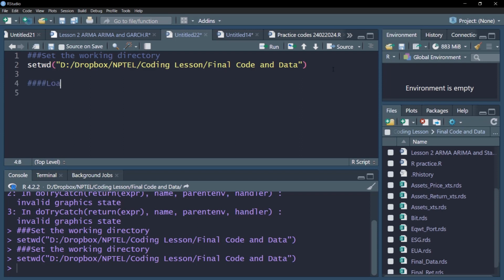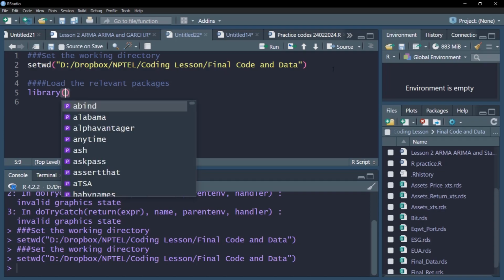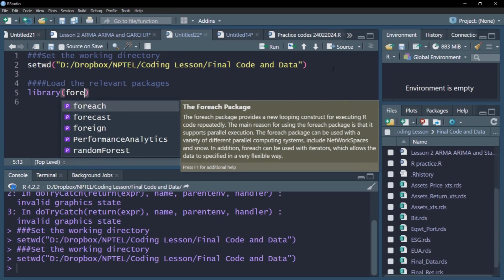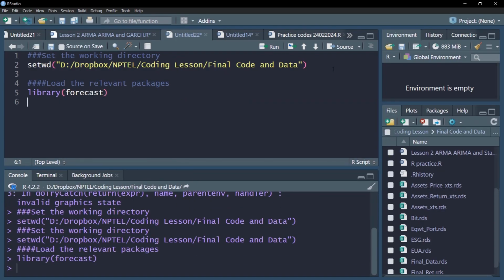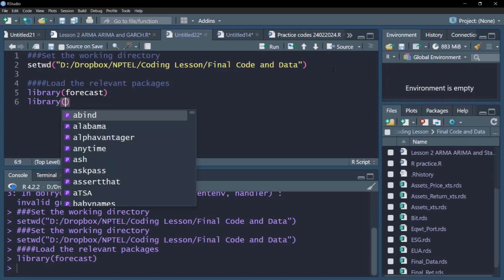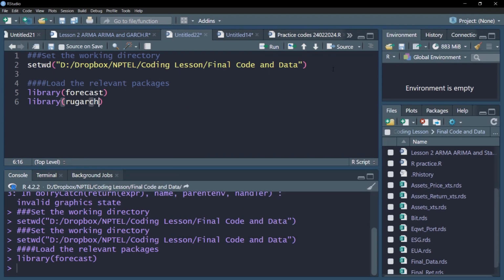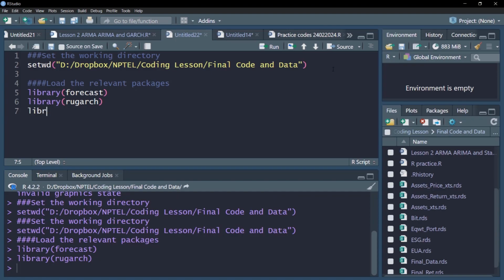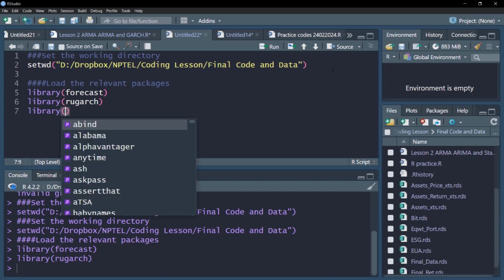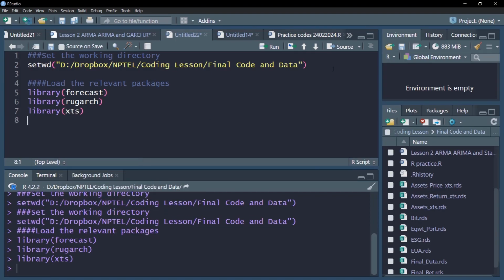Next, we'll load the relevant packages. So in this particular lesson, we are going to use library forecast. Then we are going to use library Garch for Garch and all. Then we are going to use XTS. A lot of data we are going to convert into extensible time series.